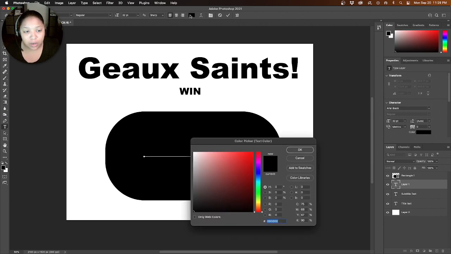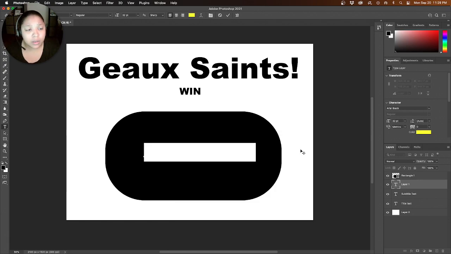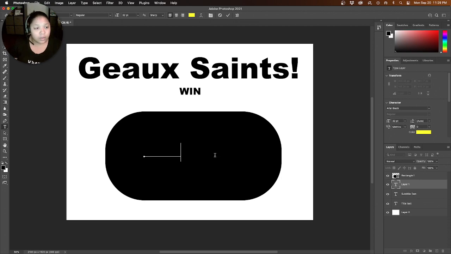Now I'm going to change my color. Okay, so I'm going to come up here in my options bar. I'm fine with all of this here being what it is. I just want to change the color. I change it to this yellow, something bright, and I'm going to type hidden. And I'm going to hit check right here,